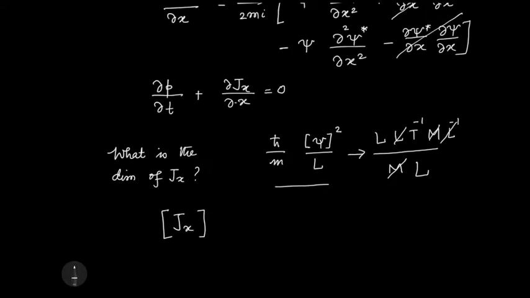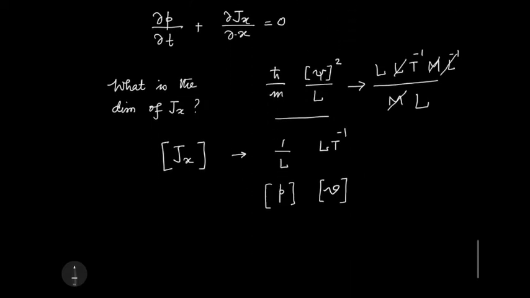So it has a dimension of T inverse, but let us write that as 1 by L times LT inverse. We'll see why. See, LT inverse is like velocity. It is the dimension of velocity. And 1 by L is nothing but the dimension of P. P is the probability density, because remember that if I integrate it over L, then L and L cancel out, I will get it dimensionless. So this Jx